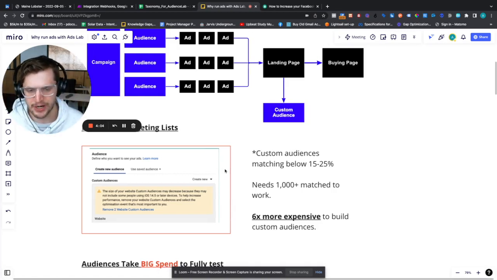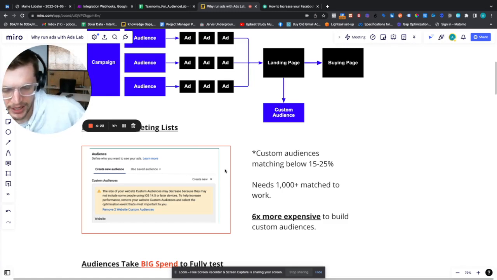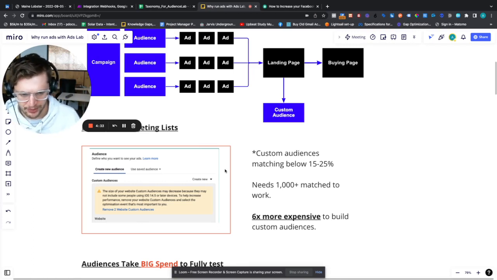The average match rate across a lot of these platforms, I can't say the exact match rate, but I know it's going to be about 12 to 25%, right? That's the rule of thumb. So if we just apply basic math, that means that an audience needs 1,000 people matched in it to even run. So if you're running retargeting audiences and they're not running, it's probably because it's too low. And if you're like, but I get so much traffic, man, why are they not running? It's because only 15 to 25% of the people that land on the website are able to be retargeted, right?